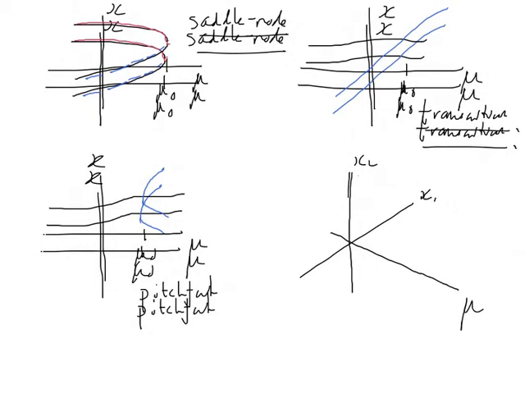And then I've got a parameter mu, so you want to imagine this happening in three-dimensional space. And then I've got this curve of fixed points here, but coming out of that at a certain parameter value here is a periodic orbit. And what we're going to do is draw that as kind of a parabolic type structure, like this, emerging from it. So this is at the parameter value mu naught here. At that mu naught, the fixed point carries on for larger mu's, but coming out of it,